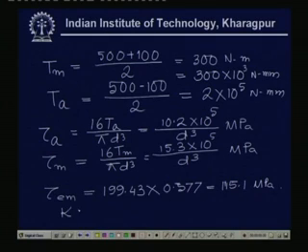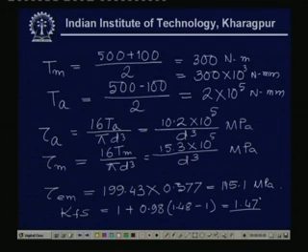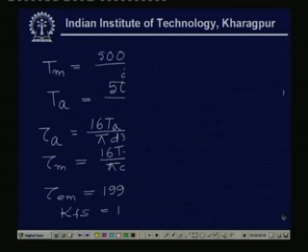Similarly, you can have the fatigue stress concentration factor KFS, S stands for the shear. So, that is 1.98 into 1 point, how much we have taken, KT 1.48 minus 1, that comes out to be 1.47. So, now what we do is that we take the concept of equivalent fatigue stress